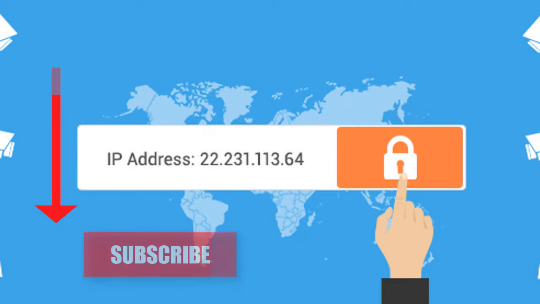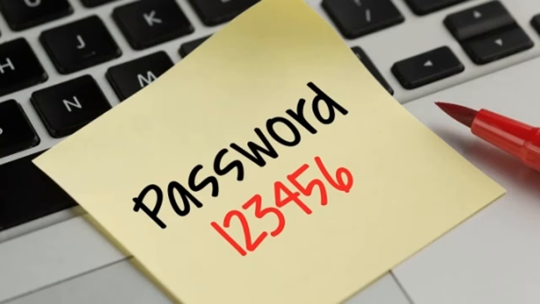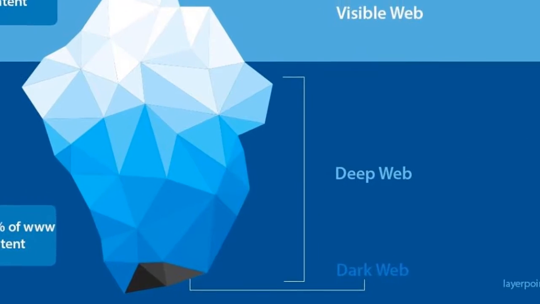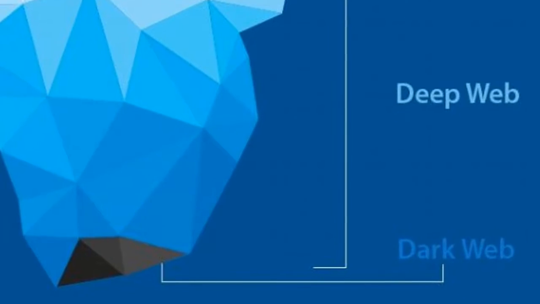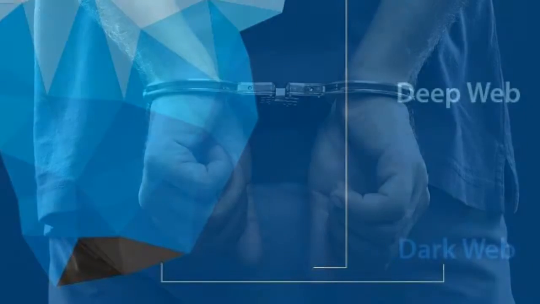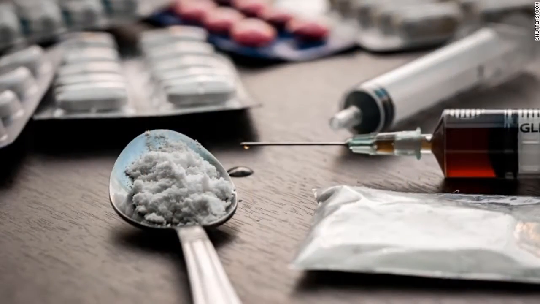Content of the deep web can be located and accessed by a direct URL or IP address, and may require a password or other security access past the public website page. There is also a term which is most frequently used when we come across the deep web, that is, dark web. The dark web is part of the deep web, but this is not for the public and is not even accessed by the government itself. It is only used by criminals for their evil deeds. Each and every bad thing you can imagine can be found on the dark web, from online drugs to hitmen.